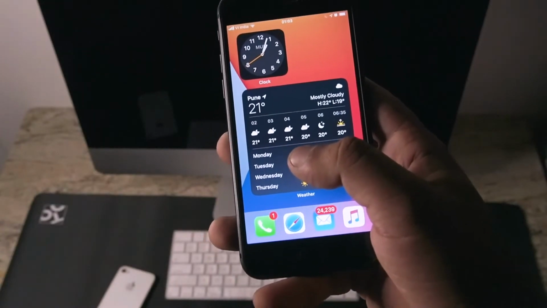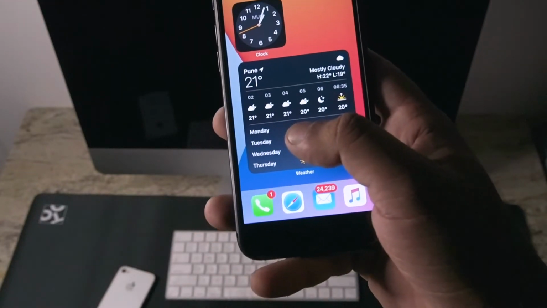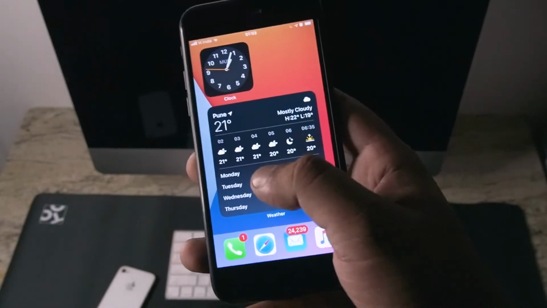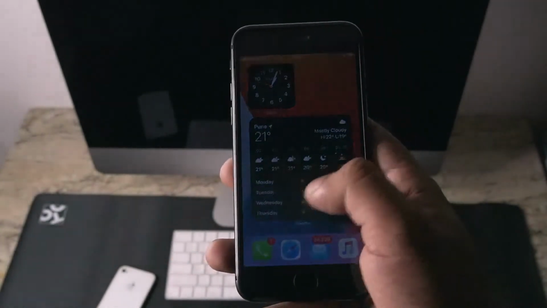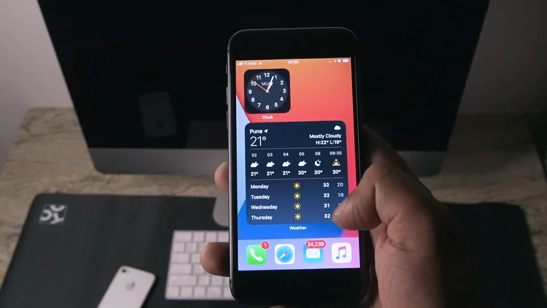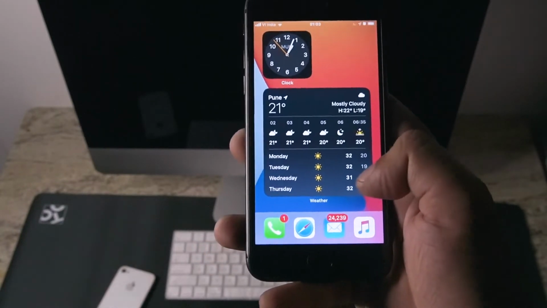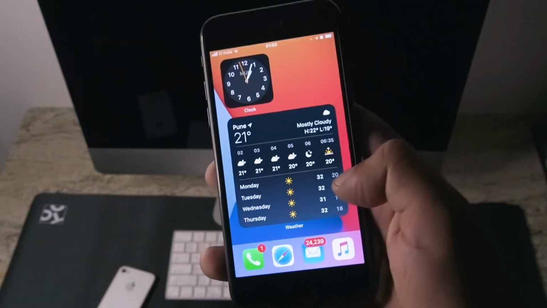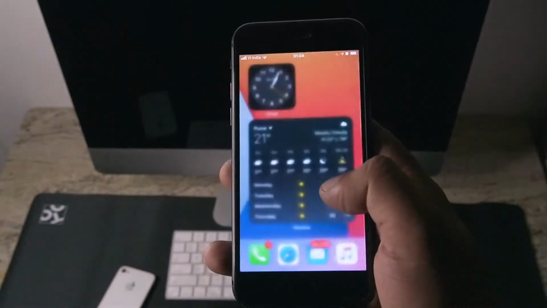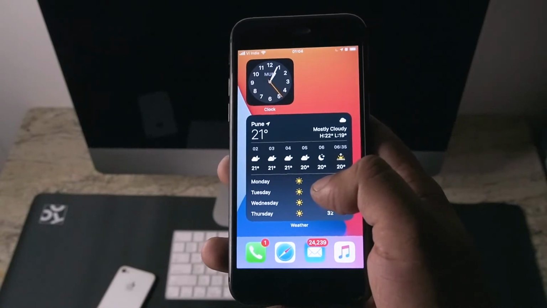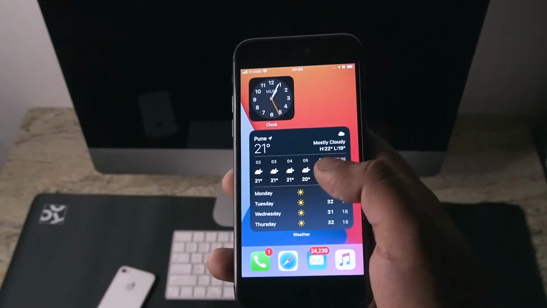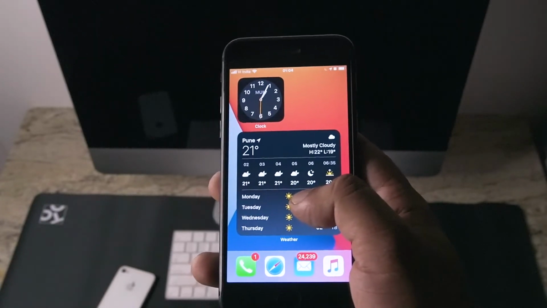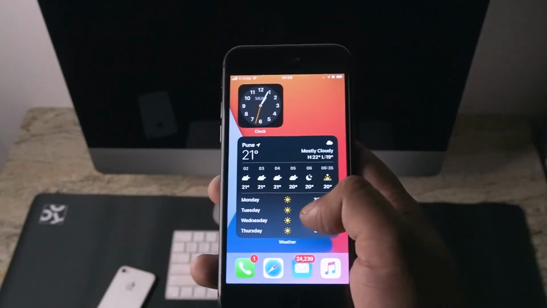Next is the bug fixed in the Netflix and Amazon Prime apps. Whenever you were opening these apps, it was displaying a dark screen. As soon as I open the app, the audio is perfect, but the video itself is not showing correctly, or I can see a blank screen there. That has been fixed for Netflix and Amazon Prime. Next is the Apple Watch. Many users reported that whenever they were trying to open the application, it used to crash. So that was solved.